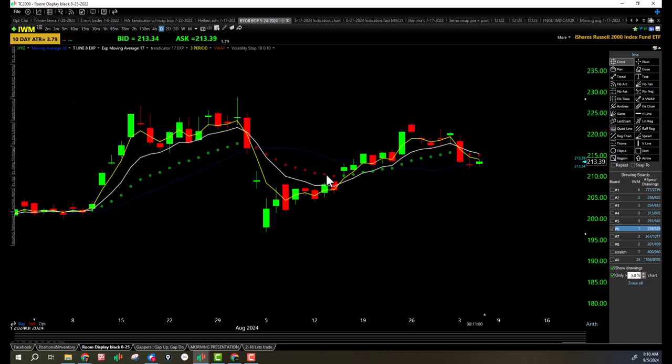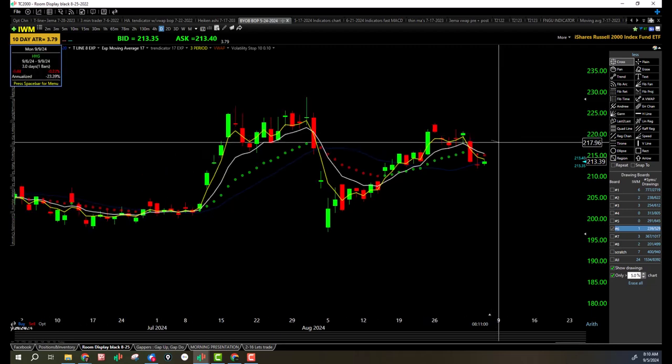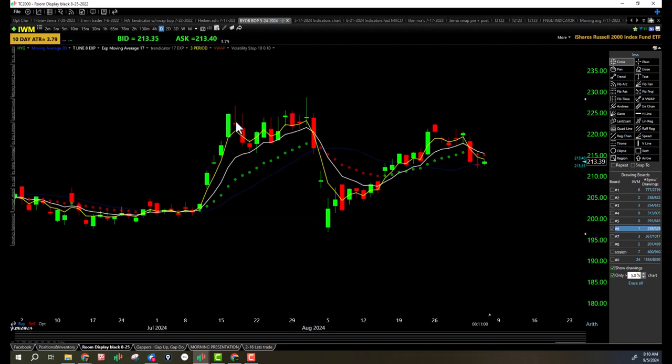Okay, IWM, all right. Acting like a bull, but in a downtrend. All right, yesterday's price action, lower high, lower low, closing below, bearish trap below the 17 EMA. Okay, so there's IWM. Acting like a bull, trying to move up here, but just running into some resistance right through here. Whenever you see one of these valleys like this up overhead, it's usually going to be a target for price